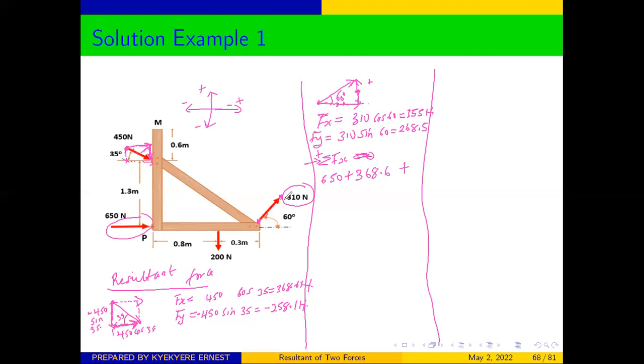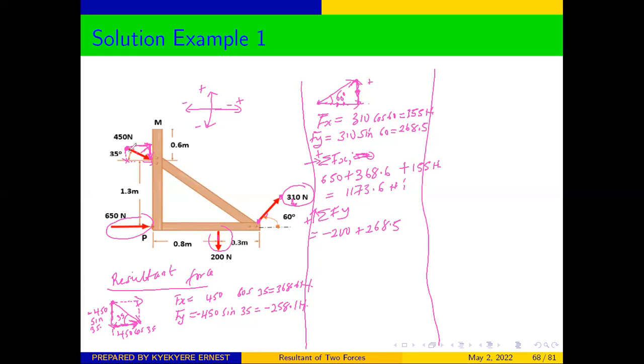Plus our x component for this force here, which is 155 newtons. So from here, sum of Fx will be equal to 1173.6 newtons. And then we can sum all the y components also. For y, we take it that anytime we are moving up, it's positive. So our y has this, which is already here, but look at it, it's coming down, so negative 200. The y component of this, we said that it will be moving up, so it's going to be positive, to give us plus